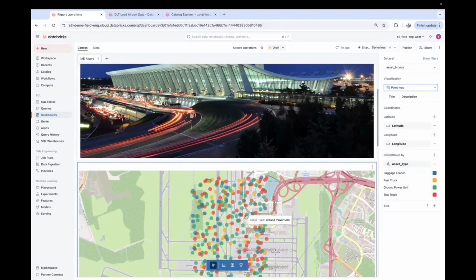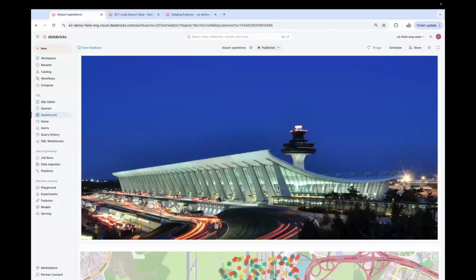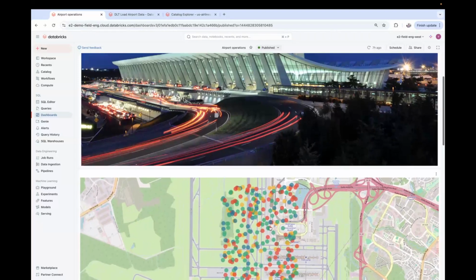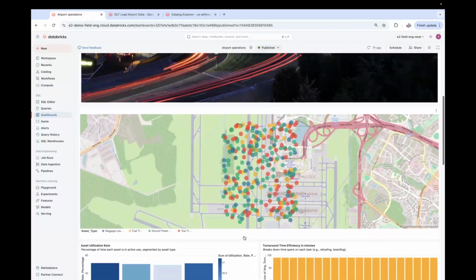So you could pinpoint, for example, if I hover on this blue, it says ground power unit. Probably it could be in a specific gate charging aircraft, right? So now, imagine if you are an airport operation manager, having this power to see where all your assets are, and then